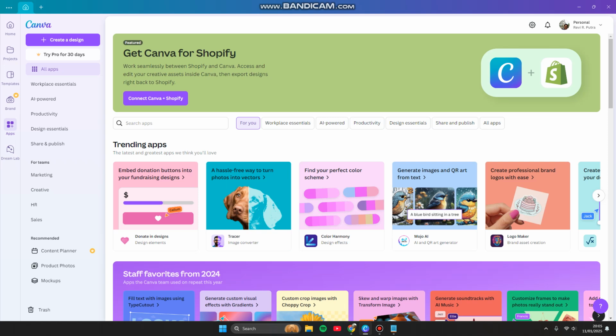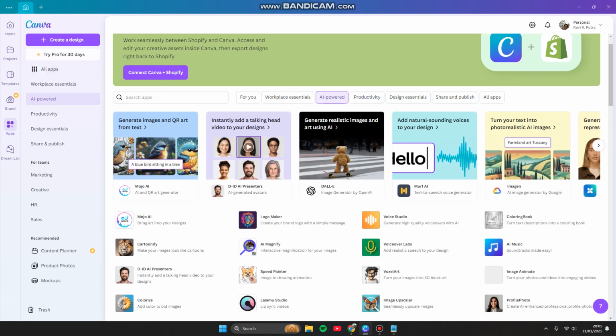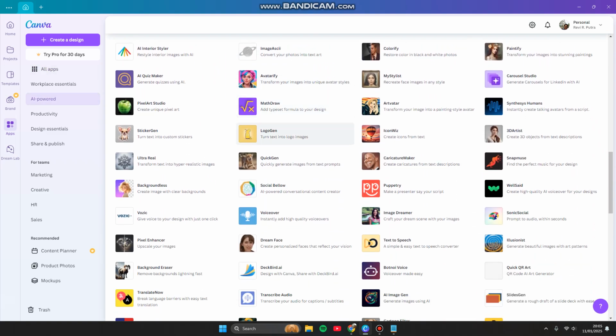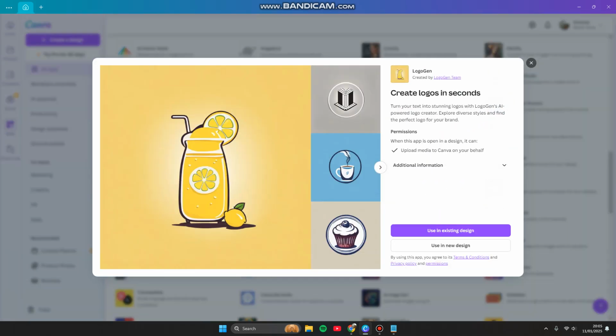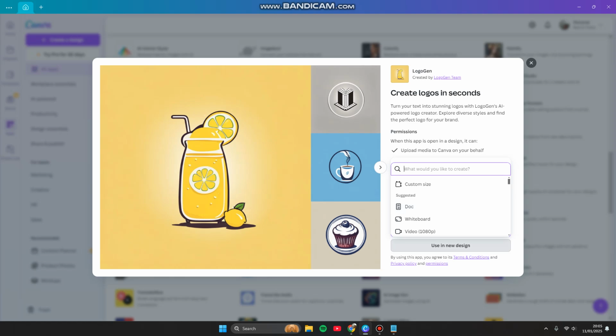If you don't have it, you can download it for free from the official website, of course, and sign in with your account. Start by clicking Apps and then click AI powered. Now you can scroll down and try to find Logo again. Turn text into logo image. So here, this is the AI powered logo creator. All you have to do is click Use in new design,